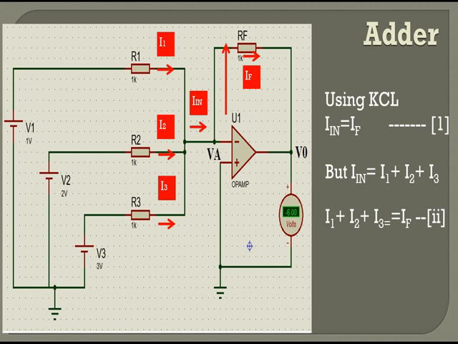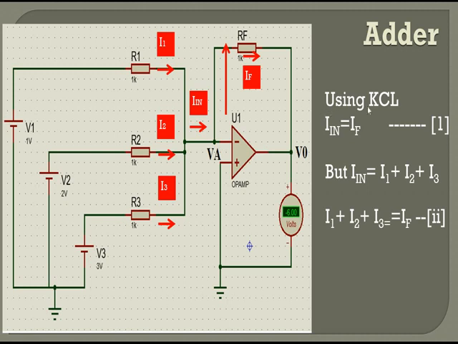We know that the input resistance of an operational amplifier is very high, as we saw in the characteristics of the operational amplifier. Due to this high impedance, the current does not enter the op-amp. The current takes the path of the feedback resistance and then goes to ground. That's why all the current I in flows through the feedback resistor.